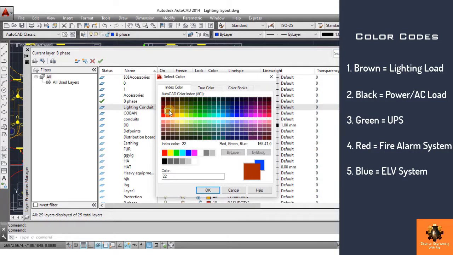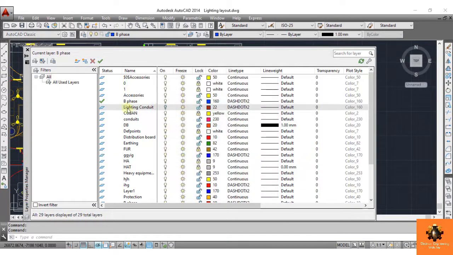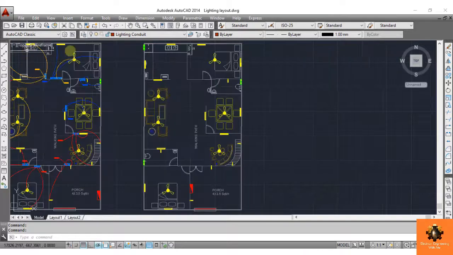Similarly, during maintenance it is not easy to identify a specific conduit, and insufficient identification can lead to serious accidents also. So for this purpose we have color codes. For lighting load, select brown color. Then enable the layer and close the window.